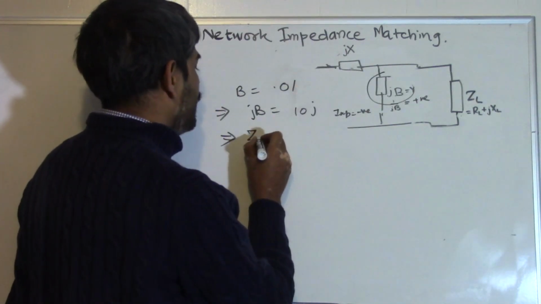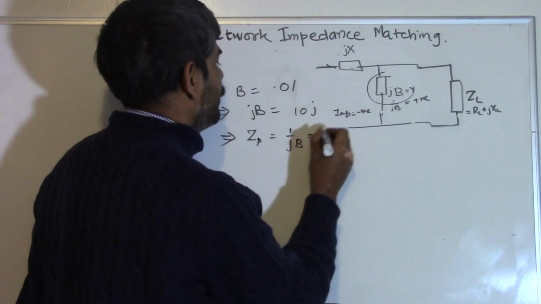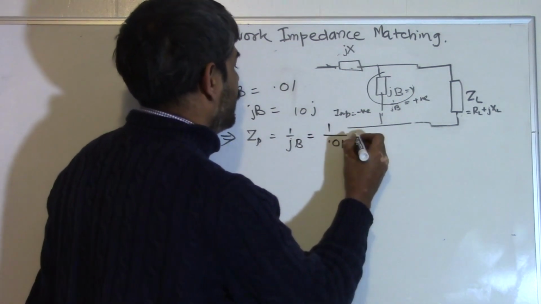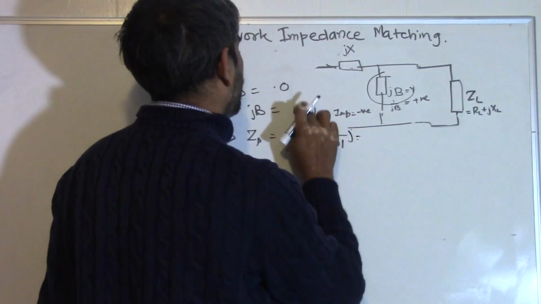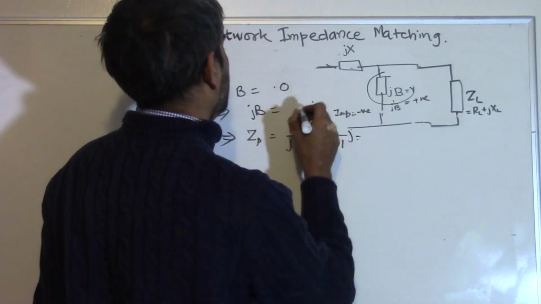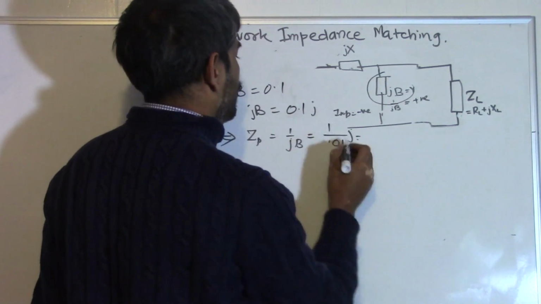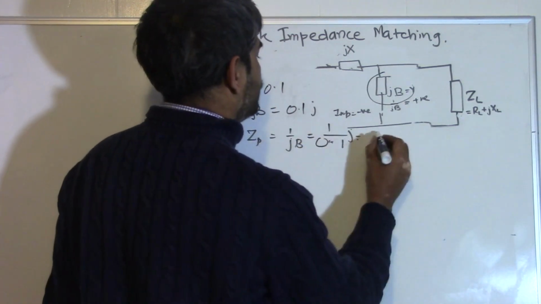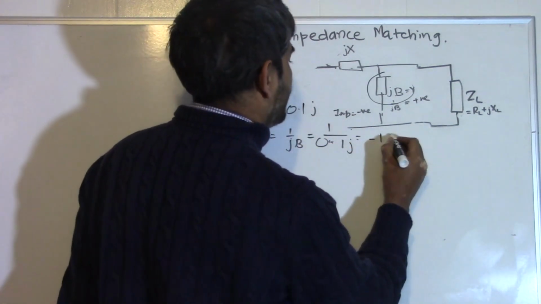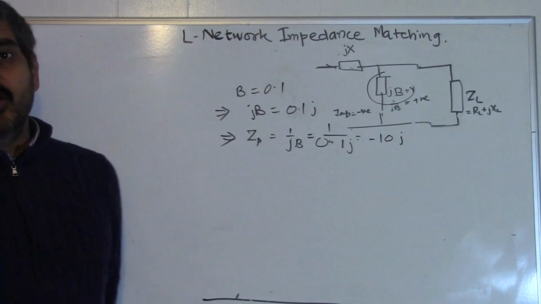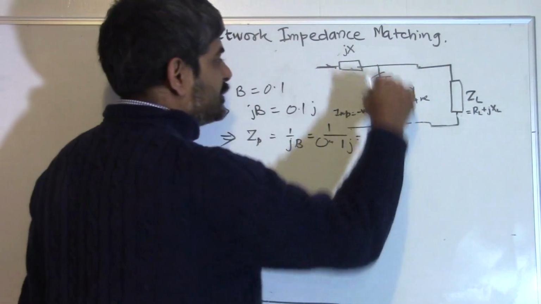ZP, will be equal to 1 upon JB, which will be 1 upon 0.01, which will be equal to, I'll keep it 0.1, which means this is equal to 1 upon 0.1j, which will be minus 10j. If you multiply numerator and denominator by j, you get minus 10j, which means that this has an impedance